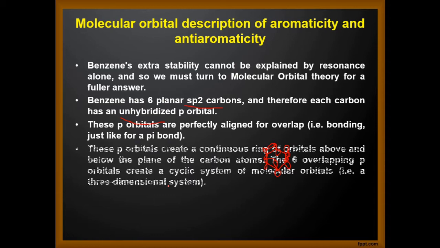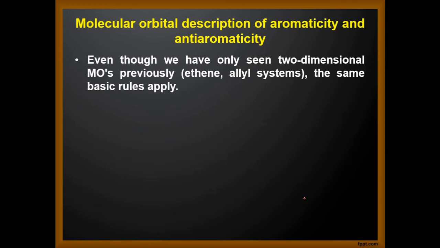Now these p orbitals create a continuous ring of orbitals above and below the plane of the carbon atoms. The 6 overlapping p orbitals create a cyclic system of molecular orbitals, that is a 3-dimensional system. Previously we have only seen 2-dimensional molecular orbitals, namely our ethene and allyl systems. So what I mean here is, for example, if you try to draw the molecular orbital description for ethene,